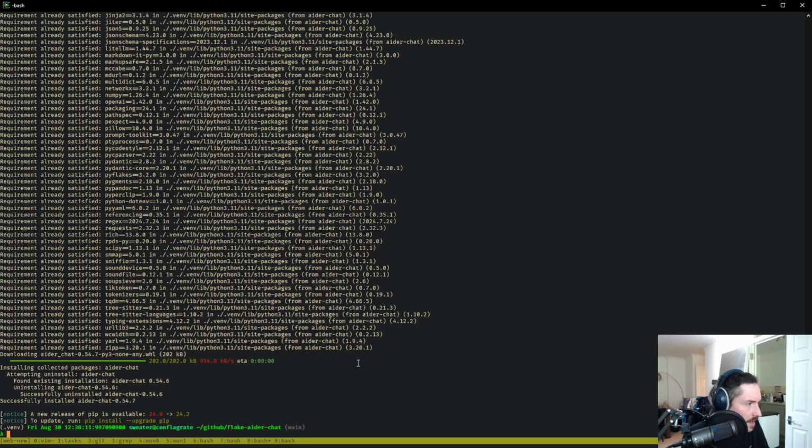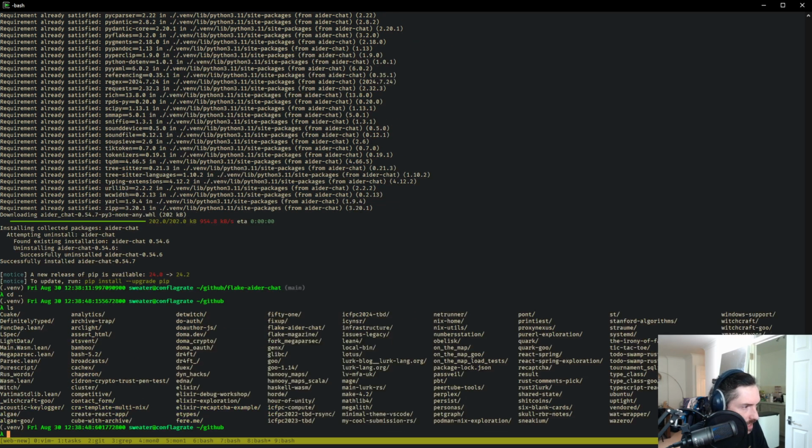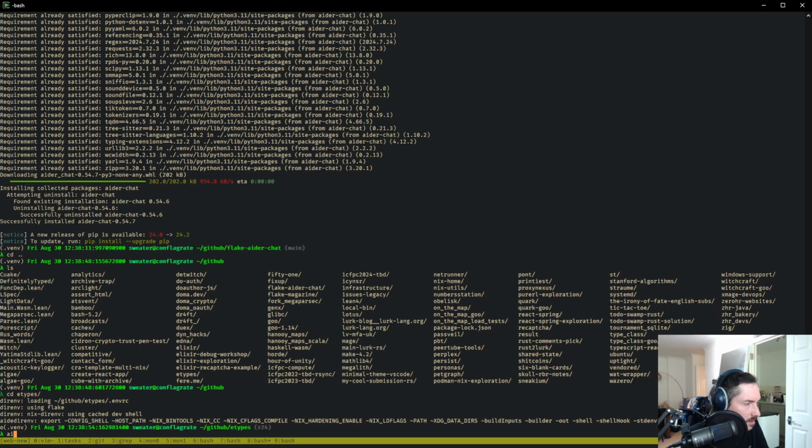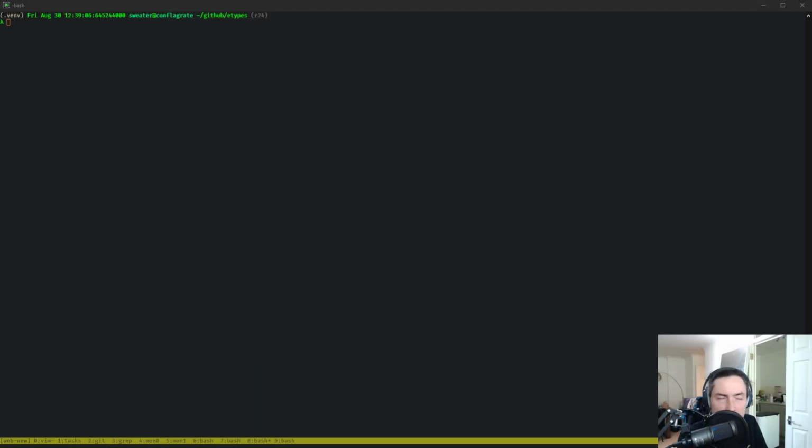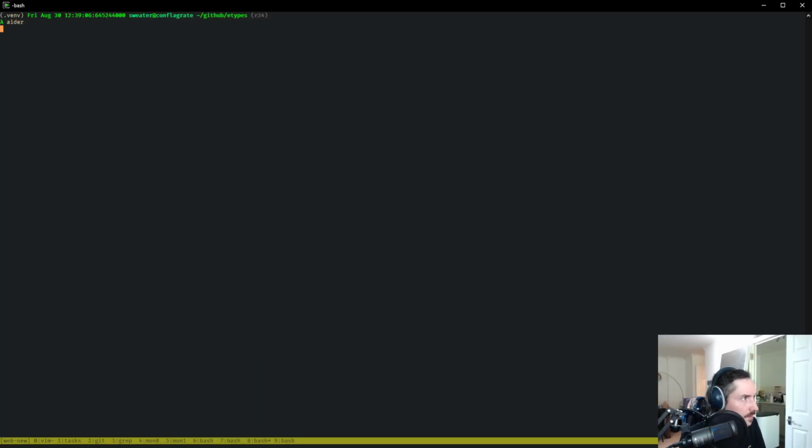So now we have aider chat installed, and we can go to any repository. Then let me hide the screen for a second, because we need to import the OpenAI API key. Now we can write aider and get dropped into this chat, where it basically can help us out with